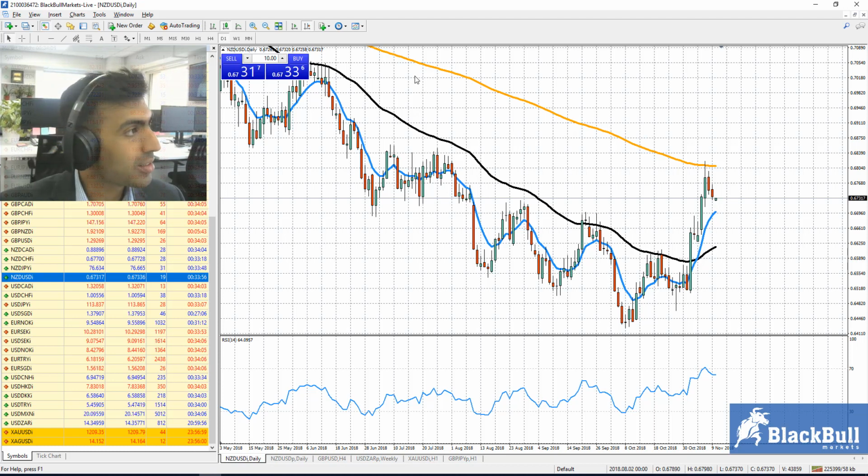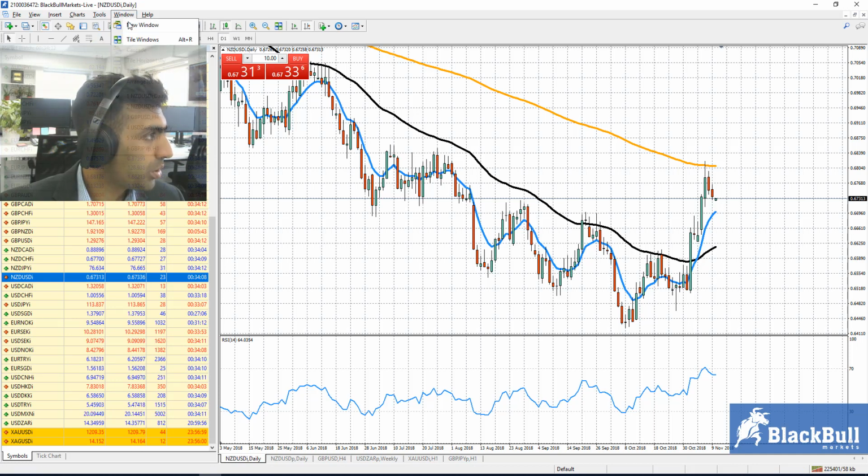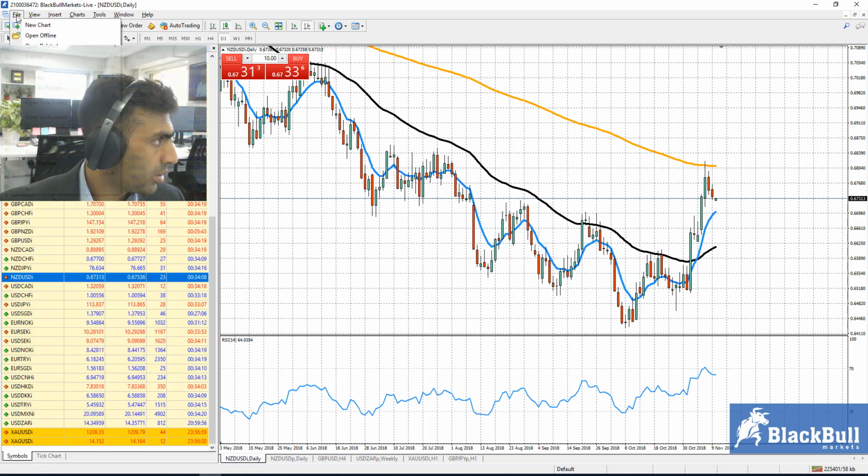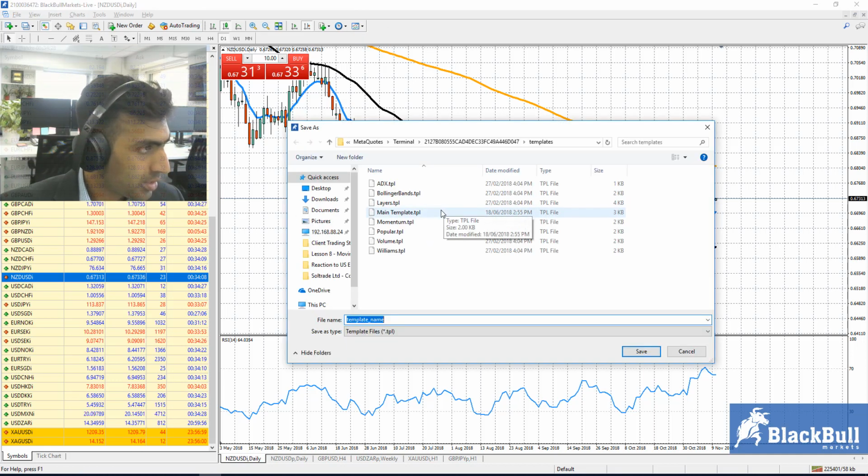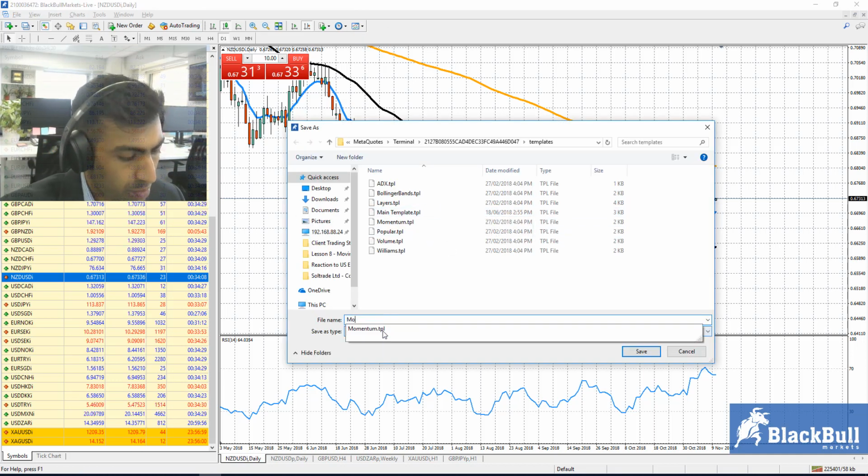So let's go ahead and save this as a new template. If you remember, in the first lessons that we have conducted, we've talked about how to save templates. And the idea is to go to this button here, save template. Let's call it a moving average